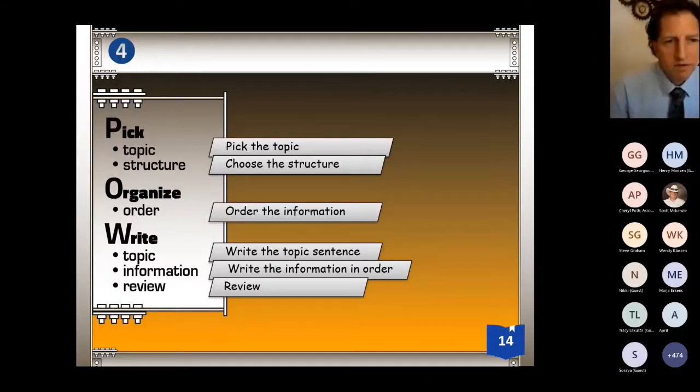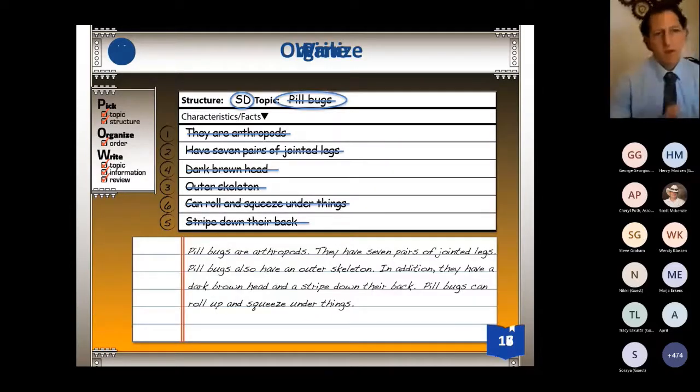Now, this is a little bit cumbersome to share with students, and so in our slides we sometimes shorten it and say pick the topic and structure, organize. We need to choose an order, and then write the topic, information, and then review. And you can see that it goes along with our strategy. So I'm going to share with you an introductory lesson around writing a simple description passage about pill bugs. And this slide represents my modeling slide, where I share with students the information that they need to write about